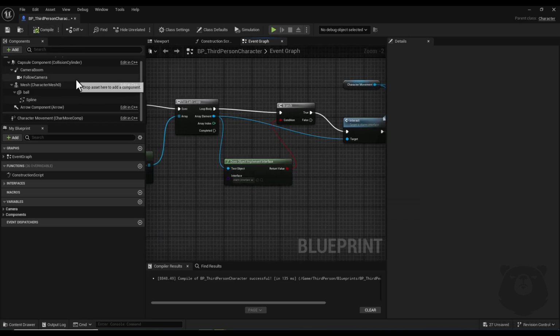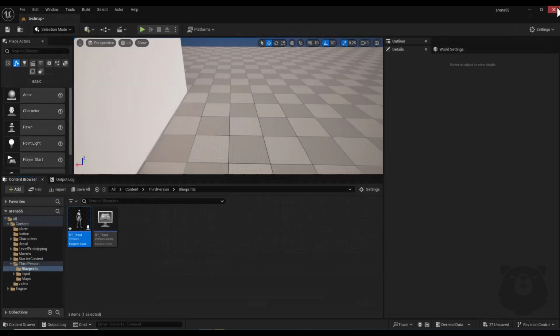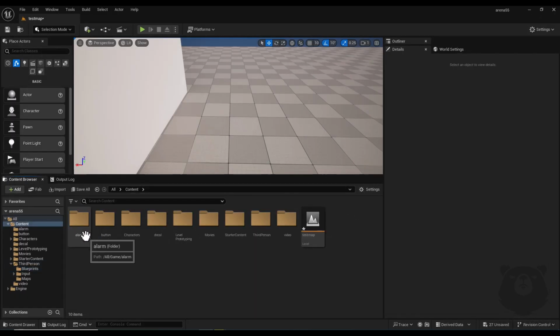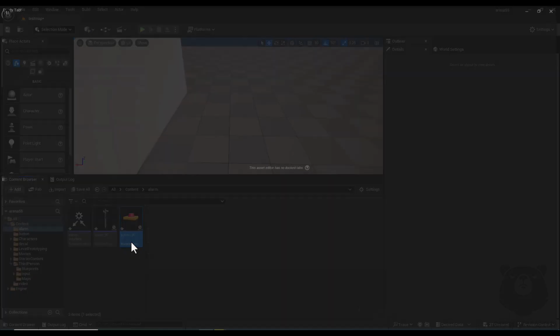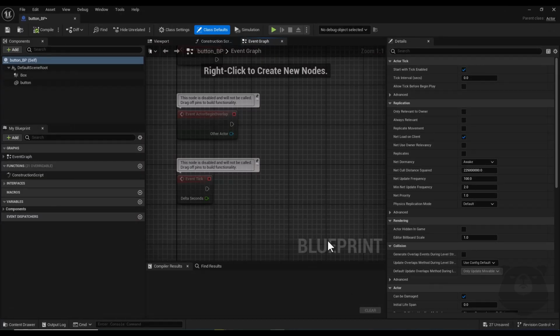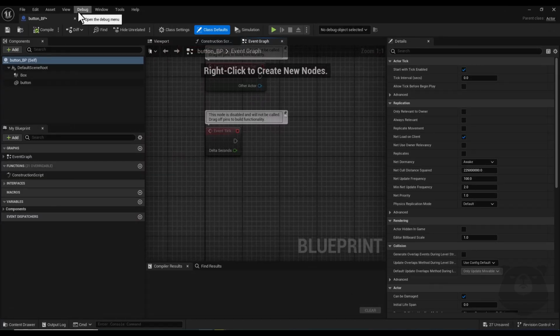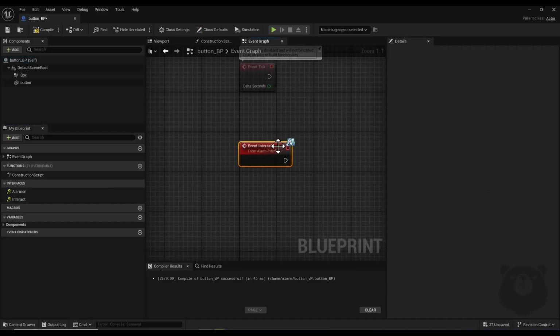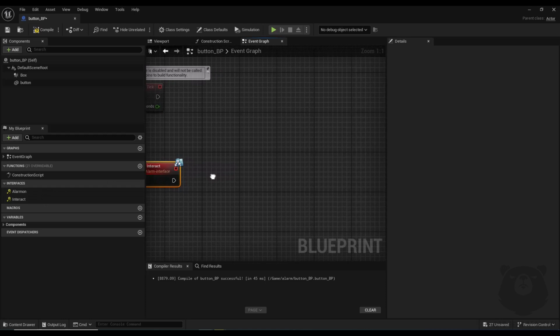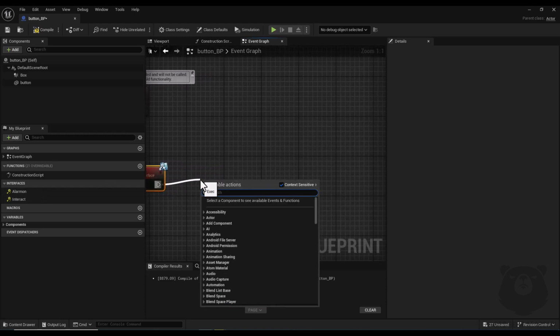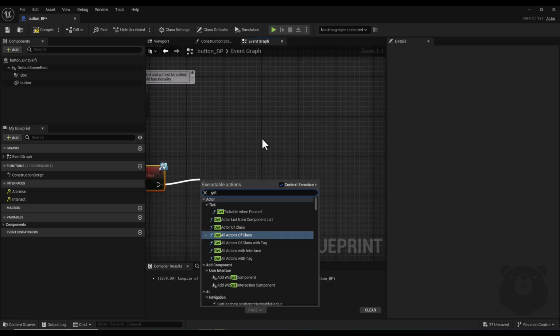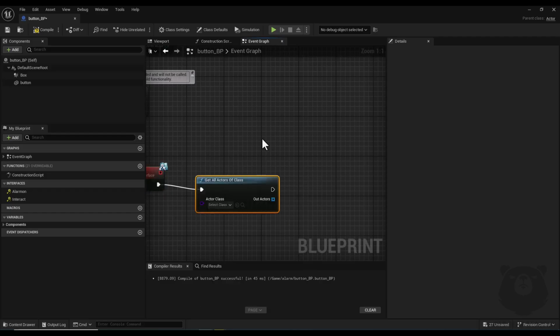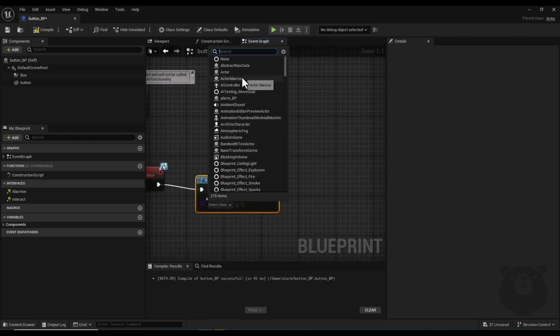Okay, alright, now I compile and close my character blueprint, and now I open up my button blueprint, and inside my button blueprint, first here inside the interface section I double click on this Interact event, and here I drag a node and search for Get All Actors of Class, and here I search for my alarm blueprint,